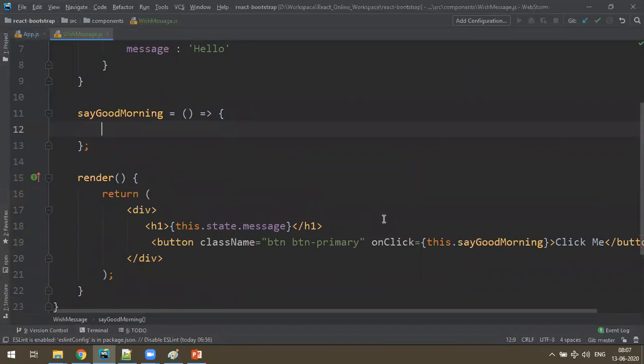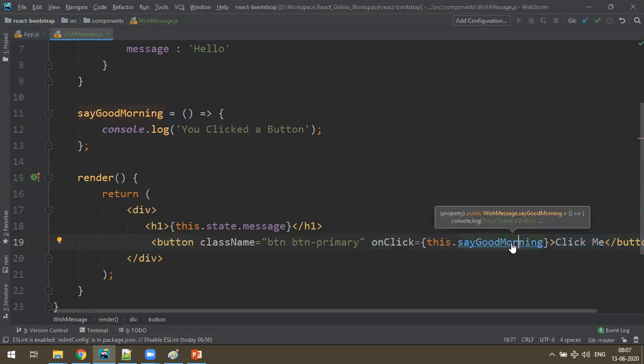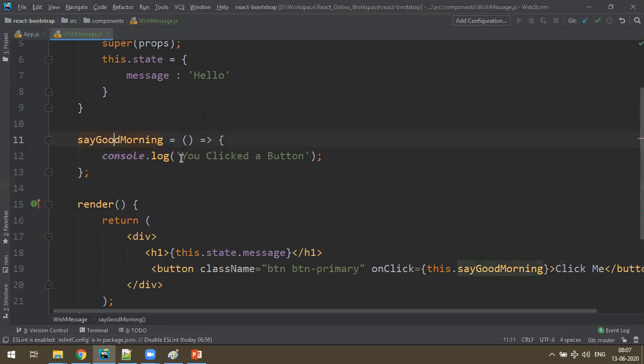Here I'll make a console log: you clicked a button. So I have a button onClick, and I'm calling with a React expression this.sayGoodMorning. Whenever the click happens, I'm going to call the function.